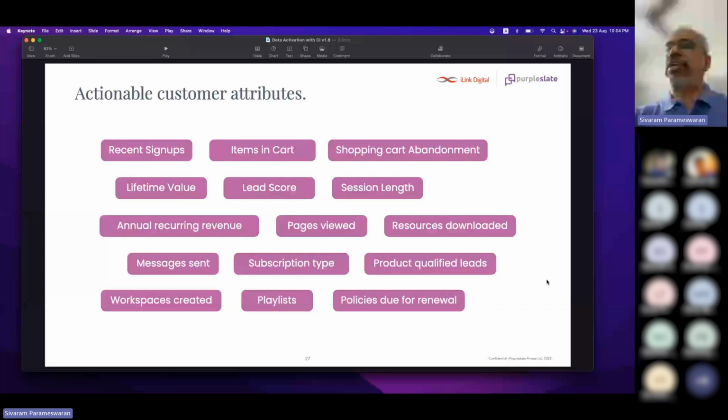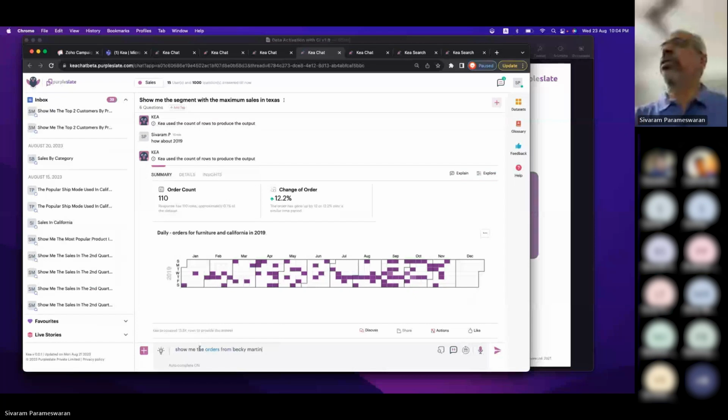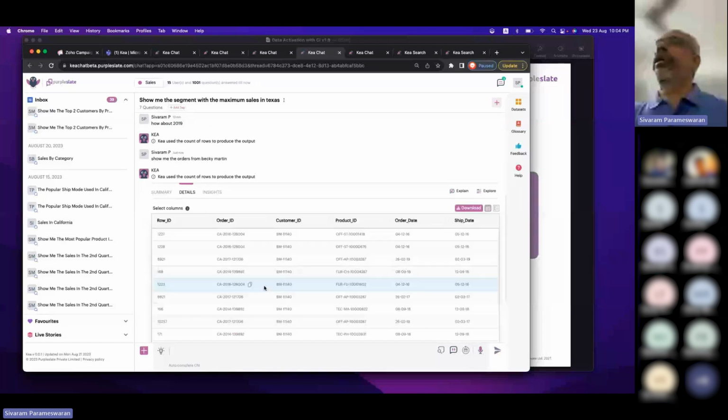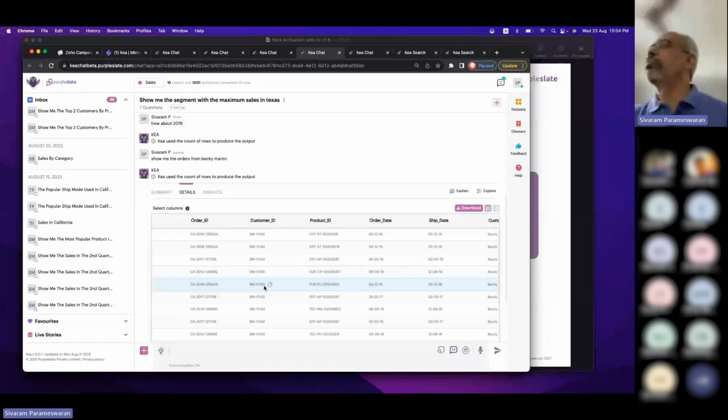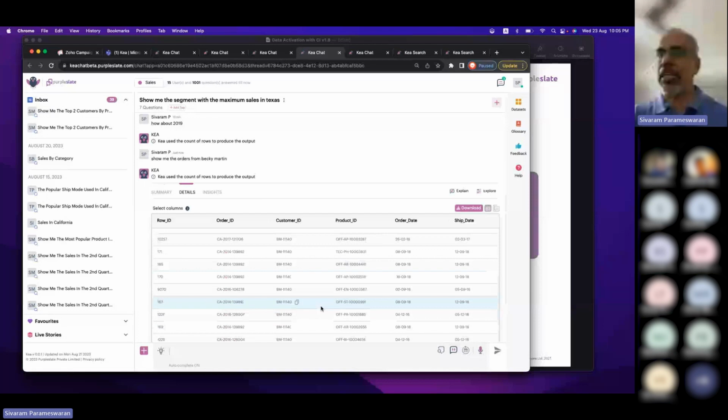Say I can ask a question, and I see there are 18 orders, and I know that this is one of my important customers. So what I can really do is take an action. Maybe I can send an email coupon to this particular customer. Or I look at this data and see that this particular customer has not done any transaction recently. Maybe I just want to send them something.